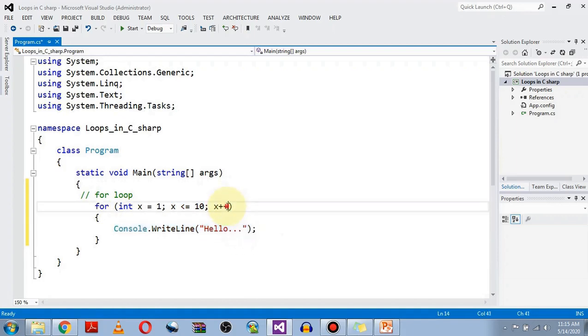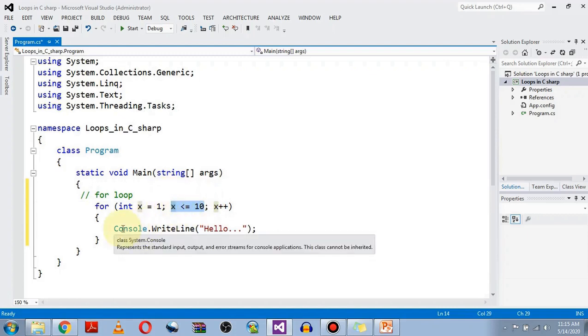Then fourth, the incrementation will be done, so the x value will be incremented to 2. Then again the condition will be checked. So 2 is less than or equal to 10, so the body will be executed again until and unless this condition becomes false.